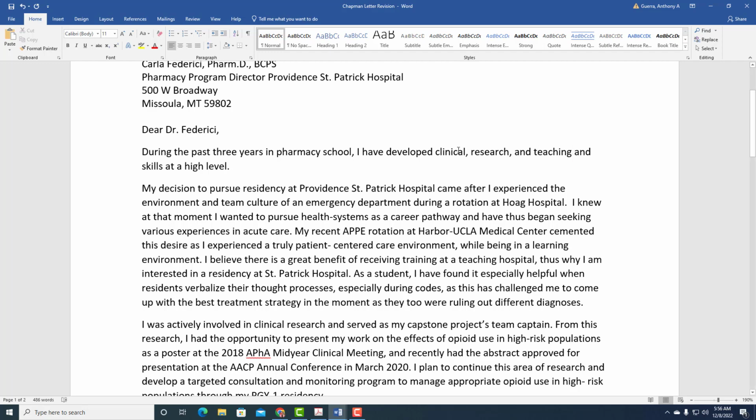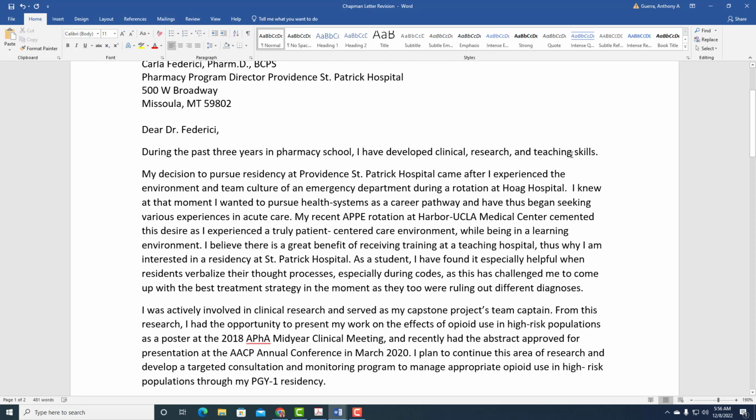Okay, now I put "at a high level," so you don't want to copy off of that. You just want to change it. So, let's just get rid of it for now. "During the past 3 years in pharmacy school, I've developed clinical research and teaching skills." Okay, all right. So show me what you've done. Okay, all right. And so that would be part of the first paragraph, and then this would be the second